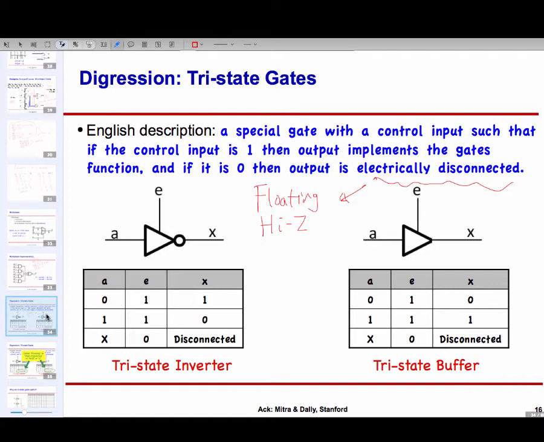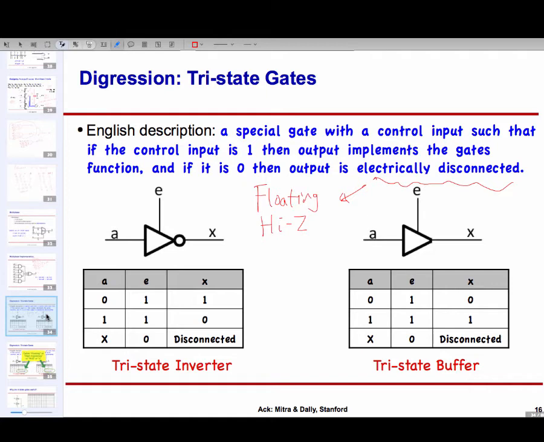So the idea is the following: in electrical circuitry, if a wire has a voltage, and I have another wire which has a different voltage, when I hook them together, bad things happen, right? It's like shorting the hot wire on your power supply to the ground wire. Same thing in chips, okay? So what we would like to do is take these different sources and tie them together, but make sure I'm able to select just one of them.